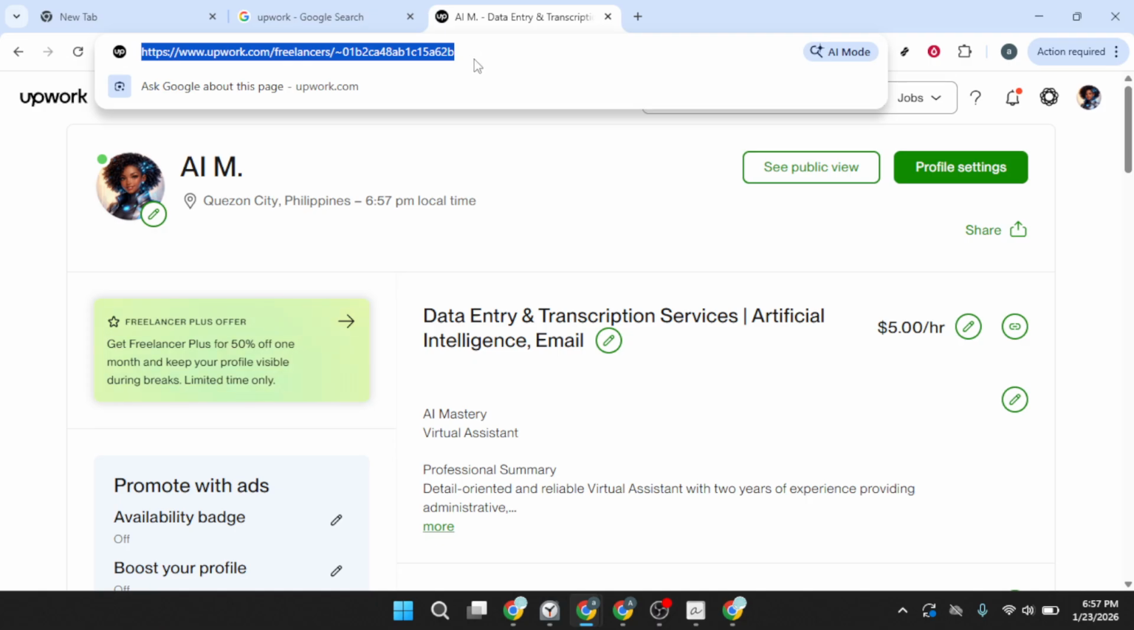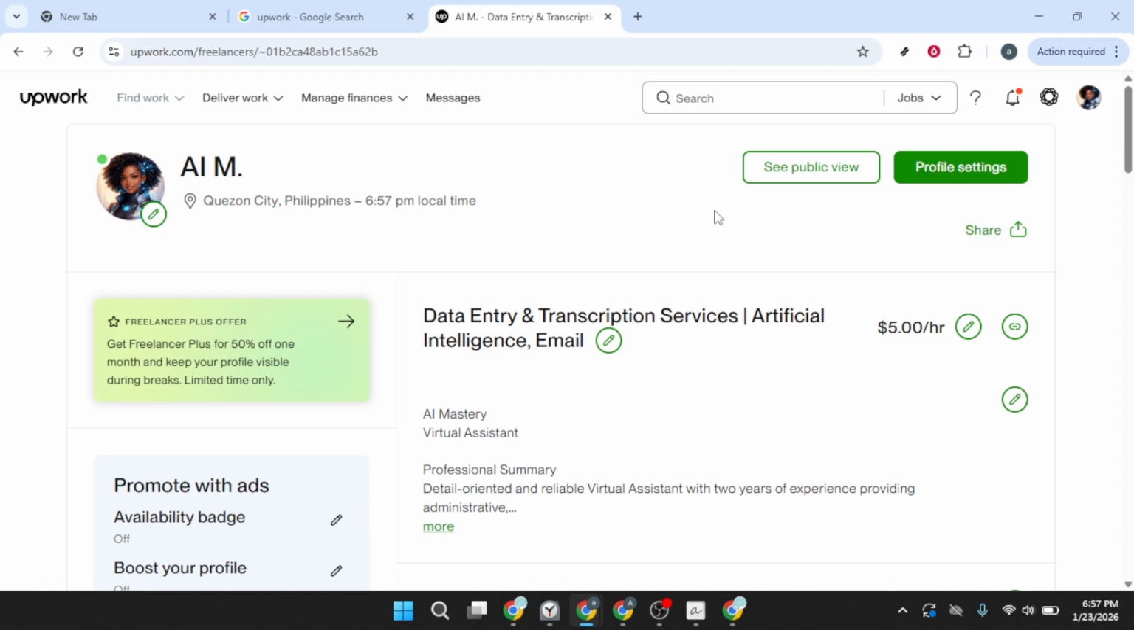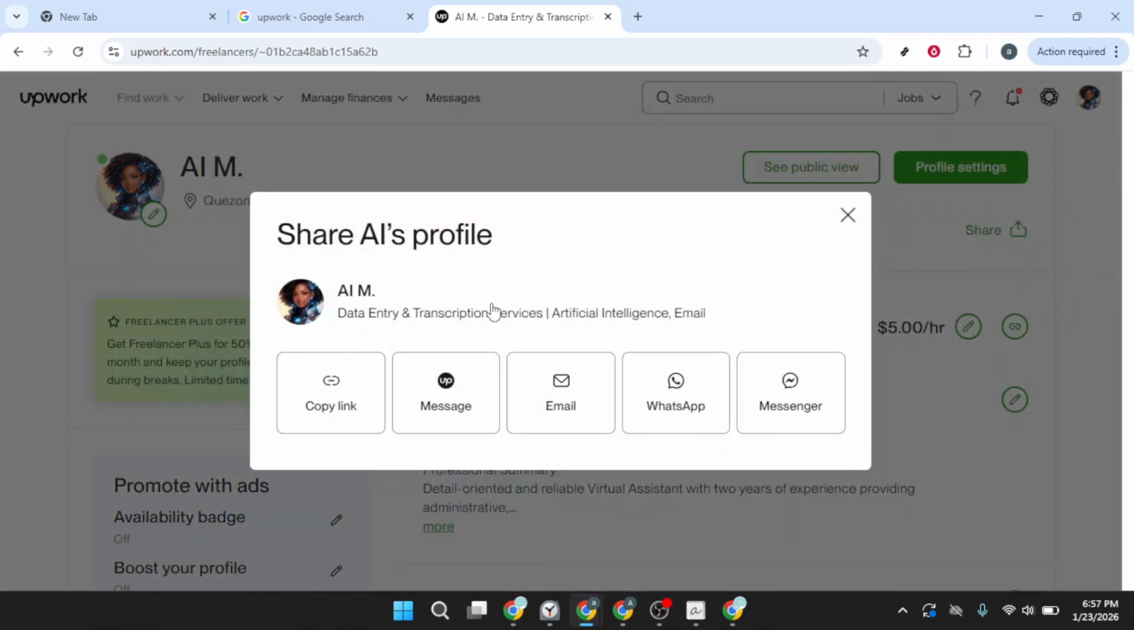There's also a built-in way to copy your link from within Upwork. While still on your profile page, look for a share option. On desktop, you'll typically find it near your profile header. Click Share, and then choose Copy Link. You'll usually see a brief confirmation that the link was copied. This approach is helpful if you want to be sure you're copying the exact public-facing link as Upwork intends it